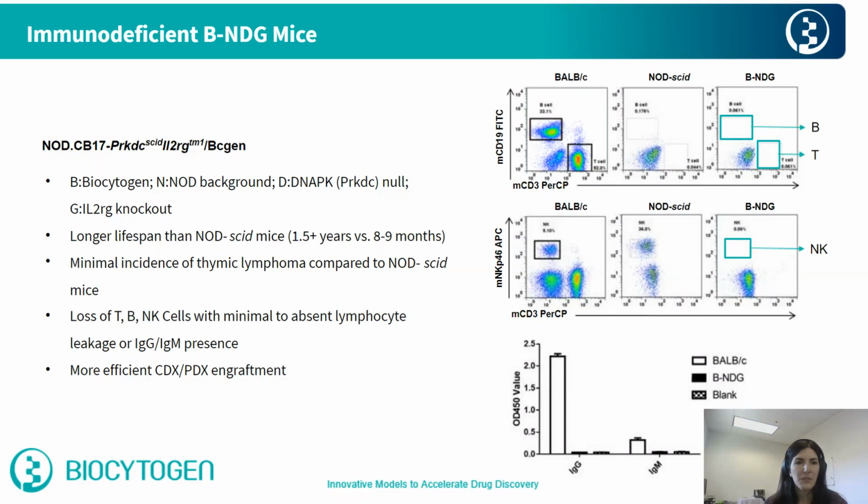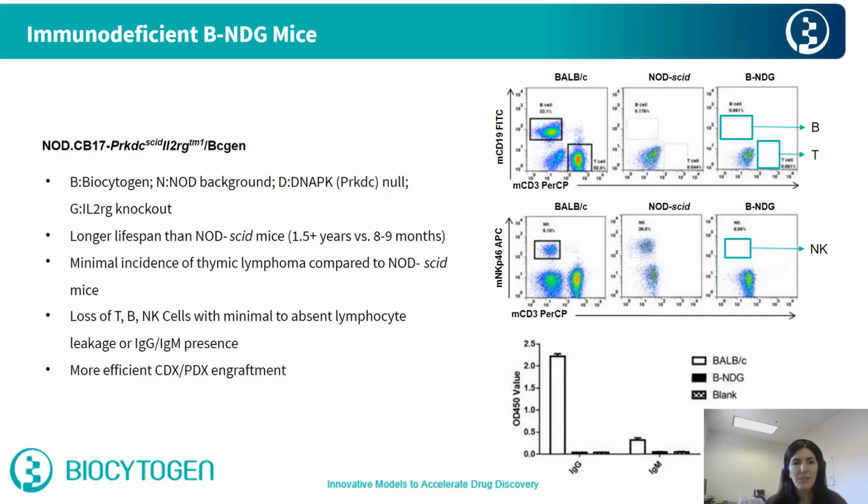So there are a few different versions of immunodeficient mice out there. Our BNDG immunodeficient model, which was generated by Biocytogen, hence the B, was generated on the NOD-SCID background, which is significant to mention because it has some predilection for being more receptive of human cells due to known differences in the murine SIRPA allele. And similar to other strains in the market, these mice have a null allele for PRKDC,